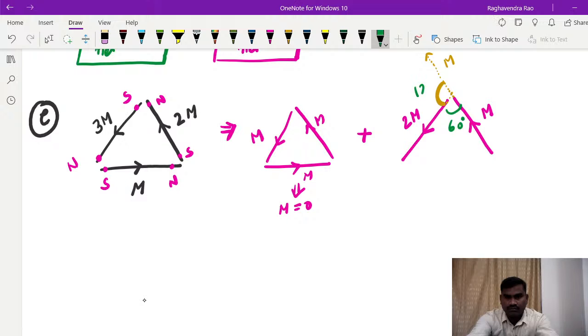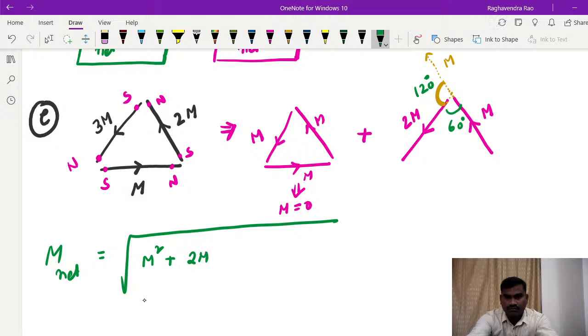Now this angle is 120 degrees. The net magnetic moment of this combination will be equal to root over m squared plus (2m) whole squared plus 2